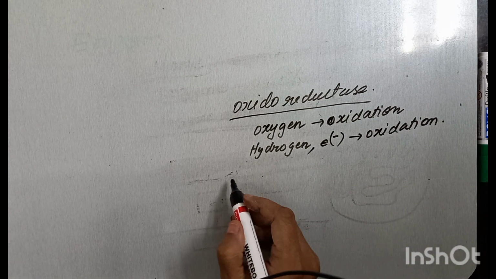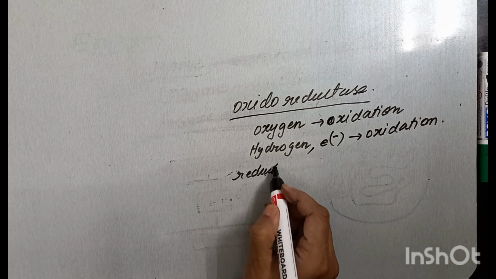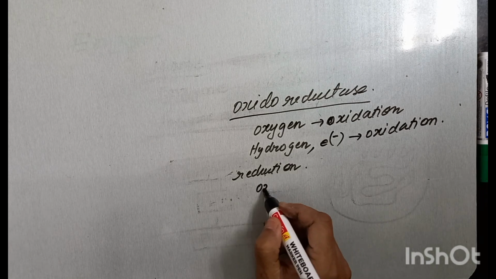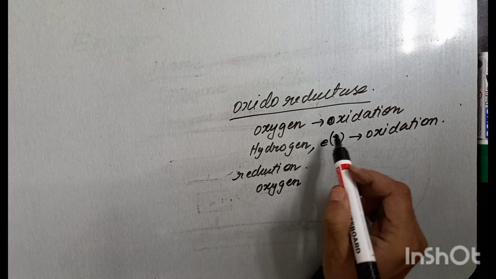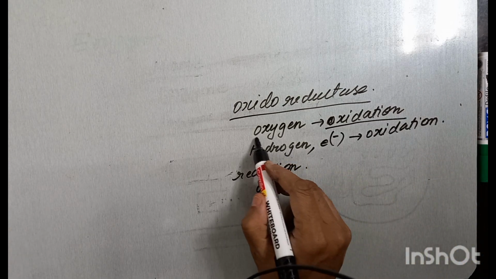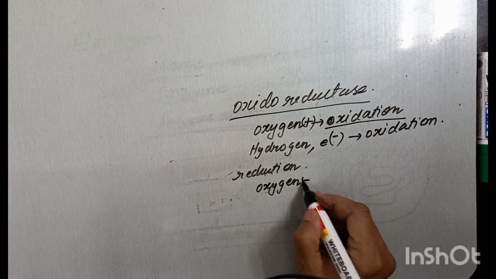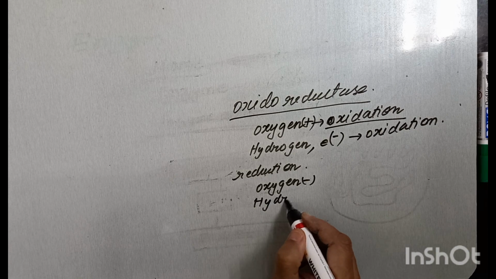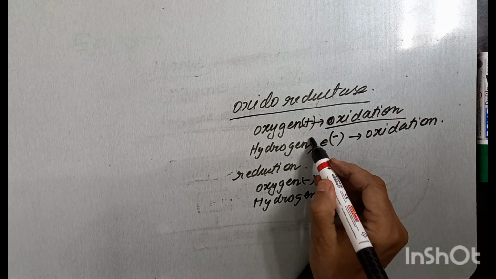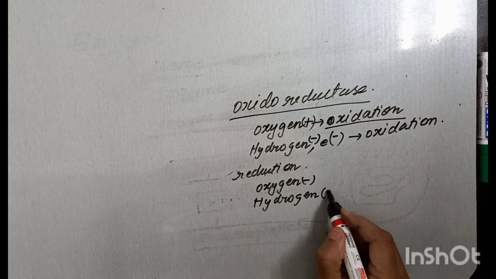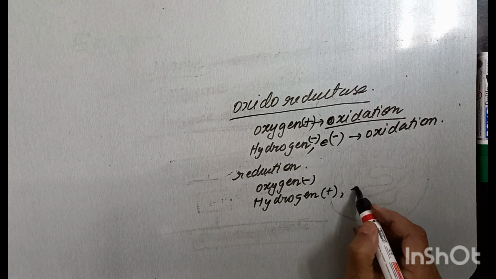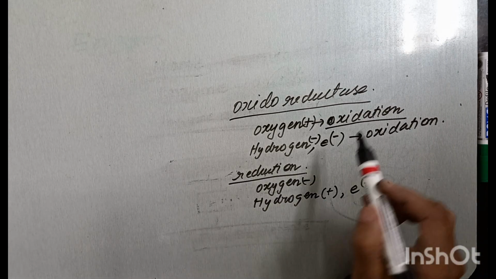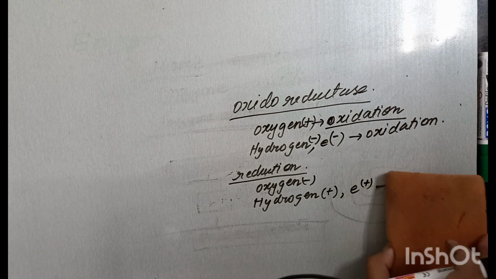Then what is reduction? Reduction is removal of oxygen from some molecule. In case of oxidation, oxygen is added; oxygen removed from a molecule is reduction. Here hydrogen is subtracted, here hydrogen is added. Hydrogen added to a molecule, or electrons added to a molecule, is called reduction. So oxidoreductase,